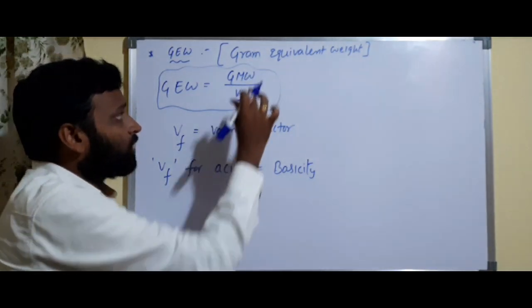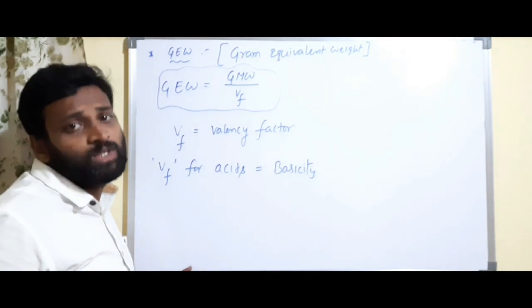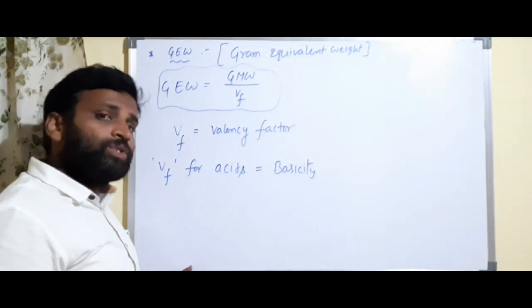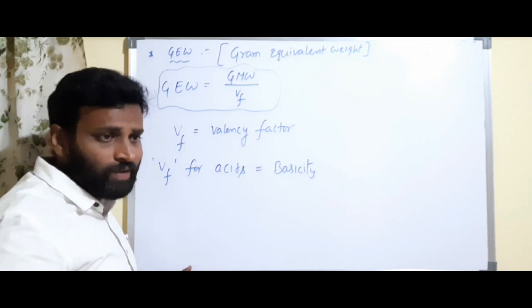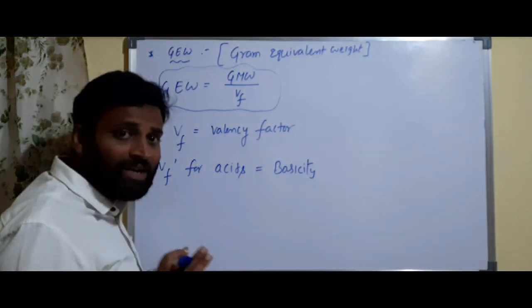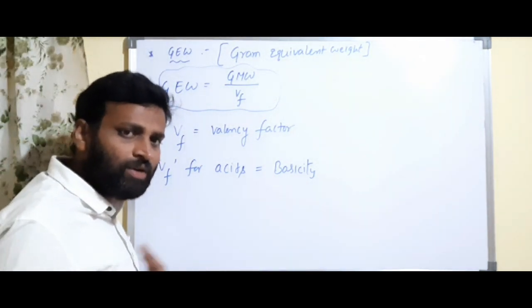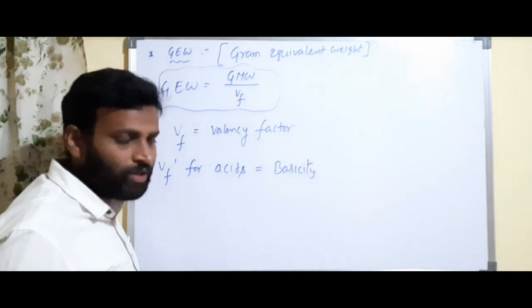Gram molecular weight, you know how to get it? The sum of the atomic weights is equal to the gram molecular weight, right? Atomic weights up to 30 were given, and some extra also were given. So newcomers can also understand very clearly. Otherwise, in our YouTube channel our previous videos are there, no need to worry.